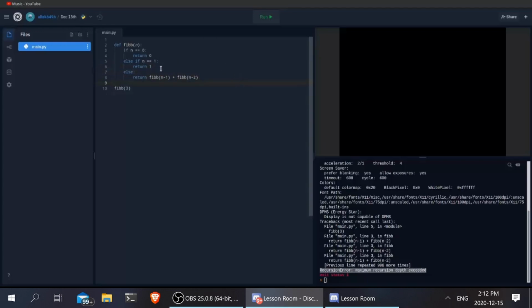Okay, so now when I run it, I'm looking for the third Fibonacci number. So it'll look for the second Fibonacci number plus the first. And it'll know, oh, the first Fibonacci number is 1. And then it'll go through to calculate